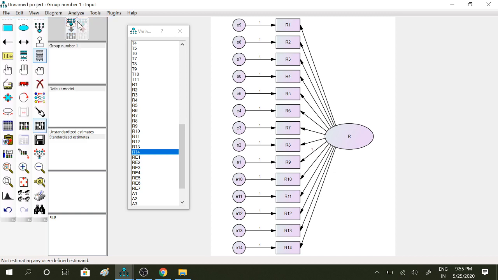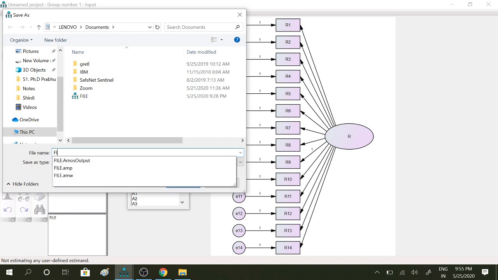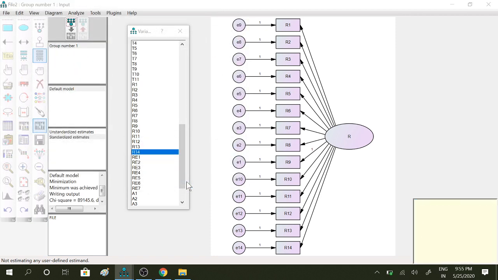Click this. It asks for a file name, so we have to put a file name, anything you want. Okay, save. That's it.